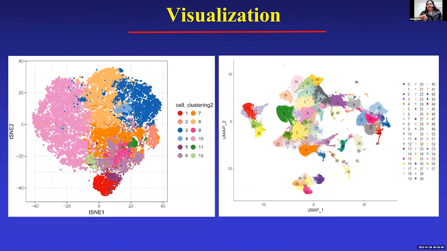So coming to visualization, there are two basic visualization techniques. One is t-distributed stochastic neighbor embedding method, which is t-SNE. And the other one is uniform manifold approximation and projection, which is UMAP. Personally, I prefer UMAP because here the distance between the clusters tells how similar they are within themselves